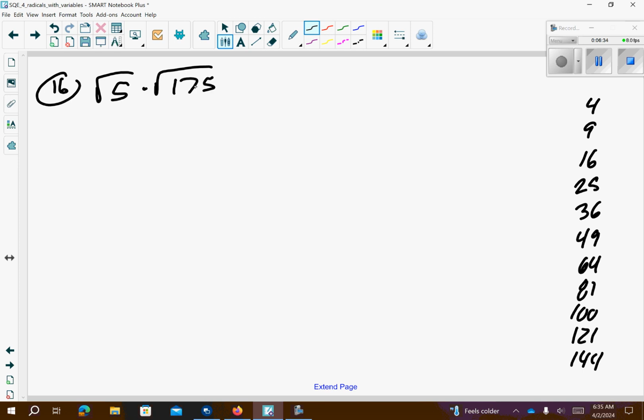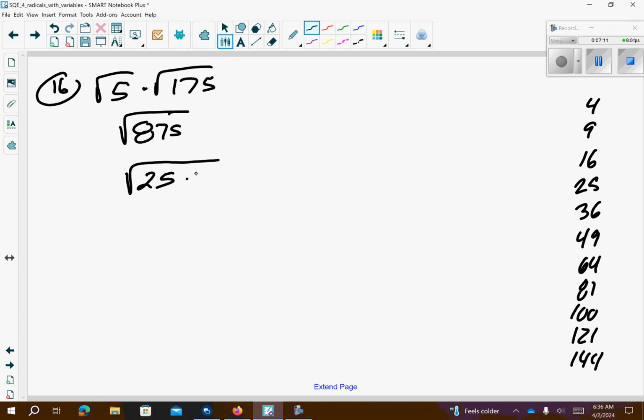Okay, so now we're starting to get into a little bit of a weird category here. We can go ahead and try and multiply those together. If we multiply those together, 5 times 175 is 875. Okay, so now it becomes kind of tough because 875 is way down low on the list. So I'm not sure it's going to work, but what I'm going to do is with my calculator, I'm going to say, okay, I think 25 is going to work. So 25, and if you go 875 divided by 25,